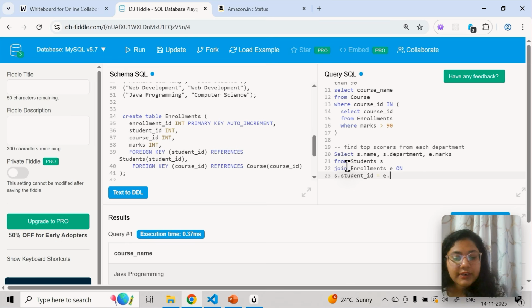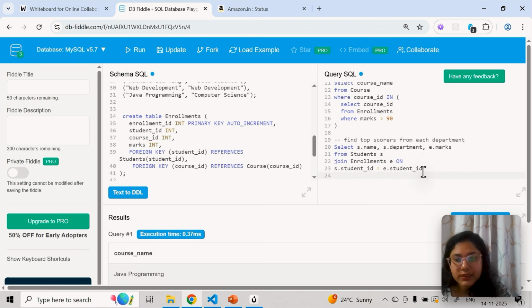Firstly, I have to get the students who have actually enrolled, and only the top scorer in each department will be shown. Firstly, I want to select the name, department, and marks of the students S from the enrollment table E, only for those who have enrolled. So those students will come. Okay, where E dot marks, the enrollment table marks, is equal to